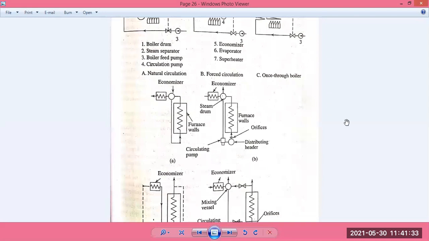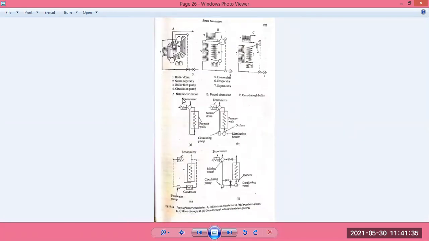Here the three circulations are so. In brief, there are three circulations here. One is natural circulation, where there is a drum where the mixture of water and water vapor is housed, and through the downcomer tubes it comes down to the header of the riser itself, and from there it goes to the riser, which is inside the furnace wall itself, where it is mostly converted into steam and goes back and is accumulated in the drum itself, where it is separated and then